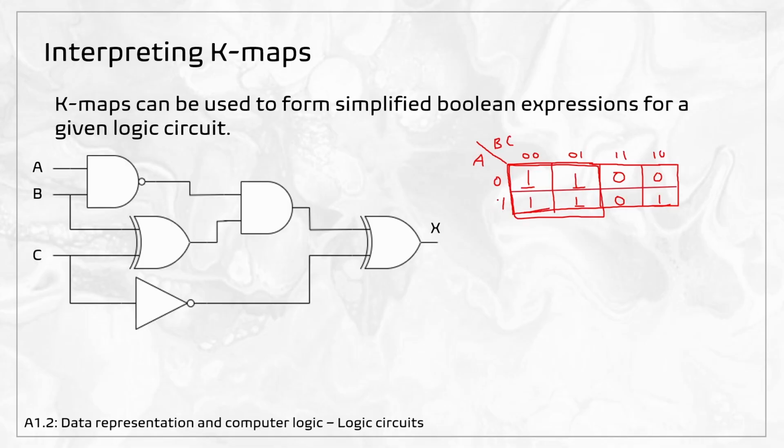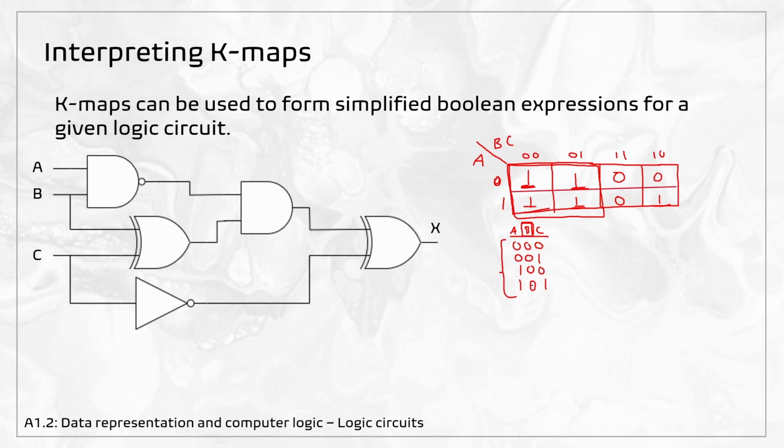What I mean by that is now let's look at what inputs go into each of these ones. So for this one, we have 0, 0, 0. For this one, we have 0, 0, 1. And here, let's just add some headings. These are A, B, and C. This one, we have 1, 0, 0. And this one, we have 1, 0, 1. Do we see any similarities? Yes. This B is constant for every single one of these